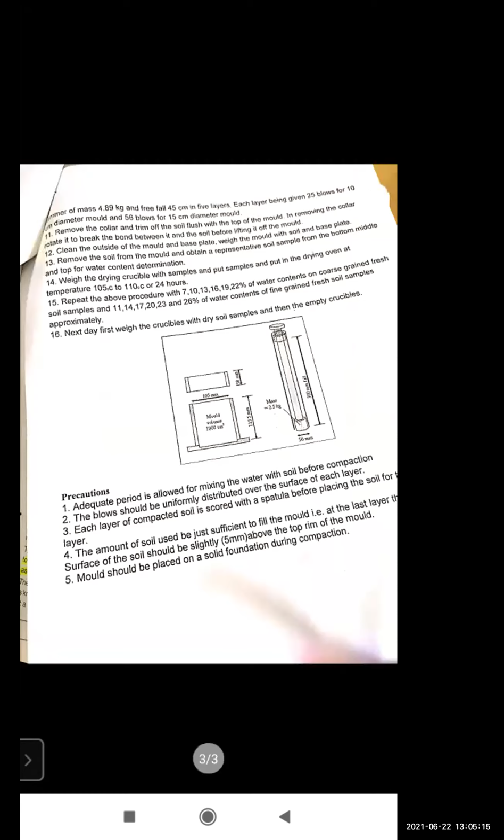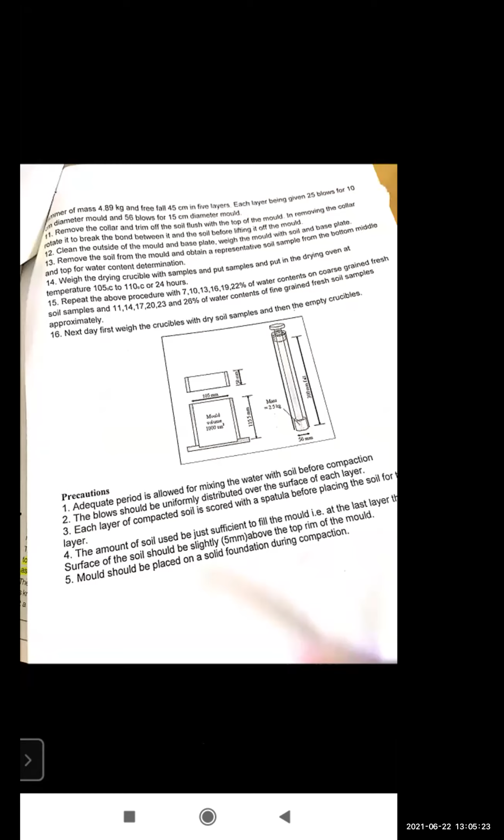And after compaction by the rammer, remove the collar and trim the soil, flush with the top of the mold. In removing the collar, rotate it to break the bond between it and the soil before lifting it off the mold.